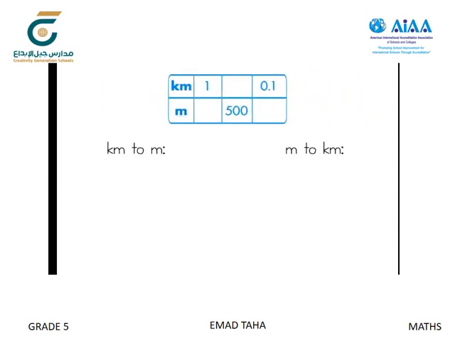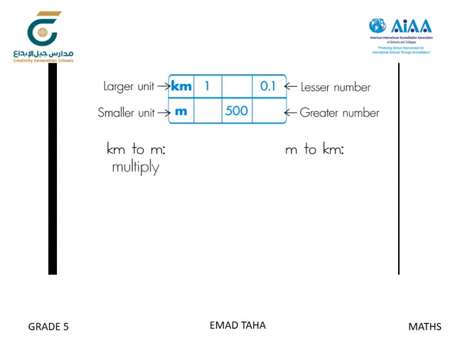Ask these students to identify a kilometer and then a meter as the larger or smaller of the two units. Then talk about whether the number of kilometers or the number of meters that describe the same length will be the lesser or greater number of units. Finally, help them identify multiplying as the way to change from larger units to smaller units so that the number of units will increase, and dividing to change from smaller units to larger units so that the number of units will decrease. These students are now ready to revise their work to complete the table.